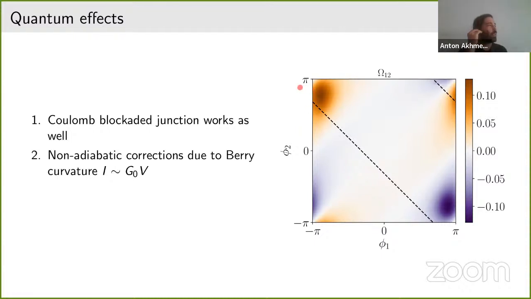So first of all, let's start with what is happening here. We have a Hamiltonian that depends on two parameters, phi1 and phi2, and the Hamiltonians at different points, of course, do not commute because the parameters enter in a complicated fashion. So that's why, in the first place, the Berry curvature does appear. Now, how Berry curvature relates to the current is explained in quite a bit of detail in the paper of Nazarov and his co-authors introducing the quantized transconductance. But roughly speaking, what we need to do here is